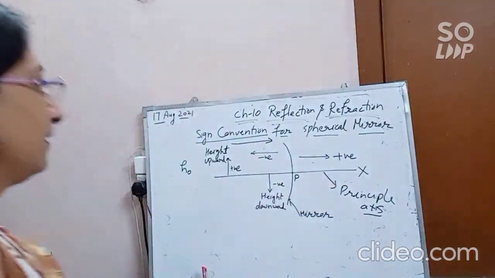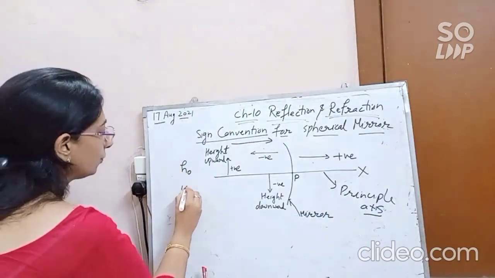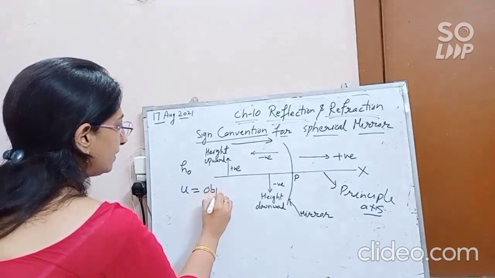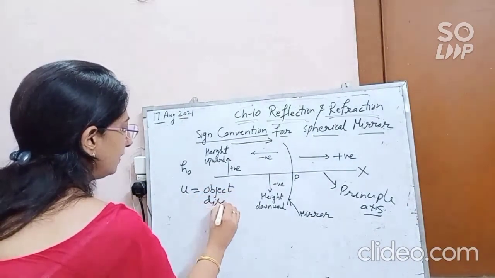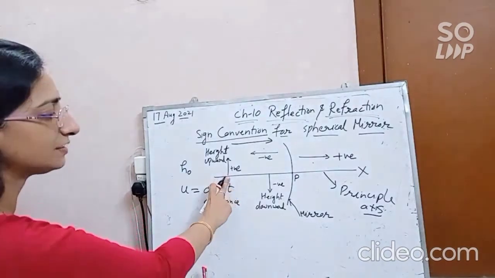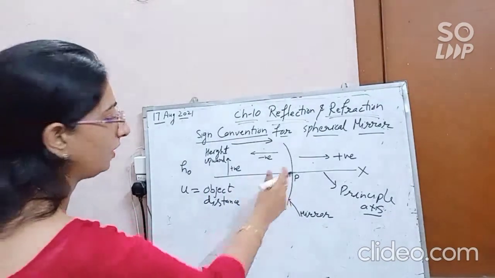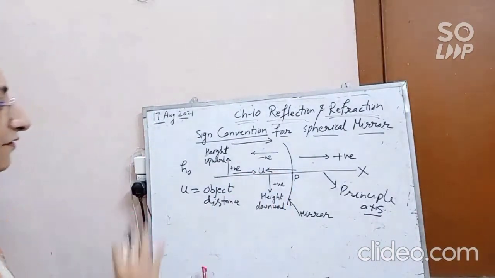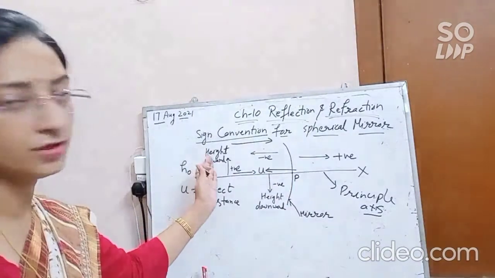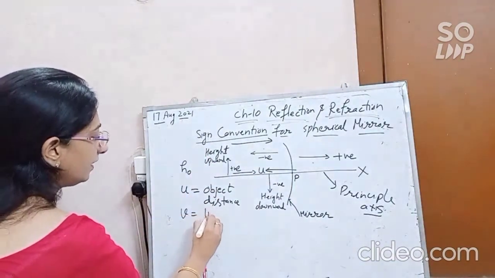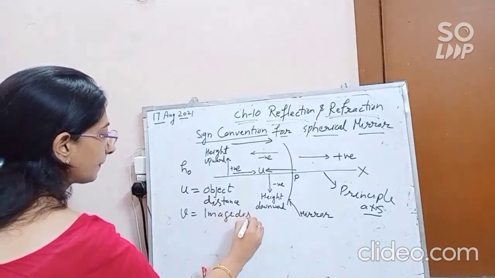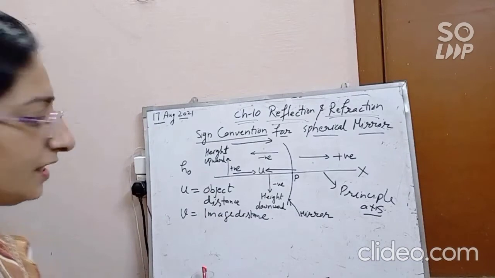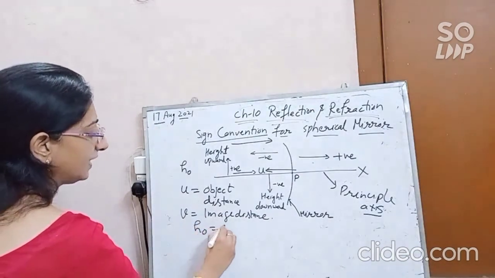If I write U here, U is the object distance. If the object is placed here and this is the pole, then this distance is U. And if the image is formed on this side, then V is the image distance. The symbols we are using are HO, the height of the object,